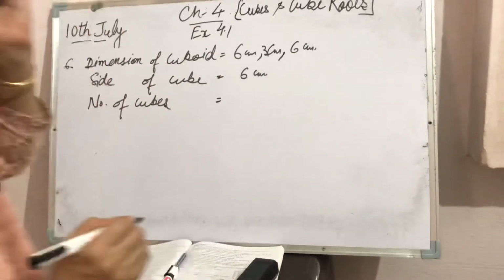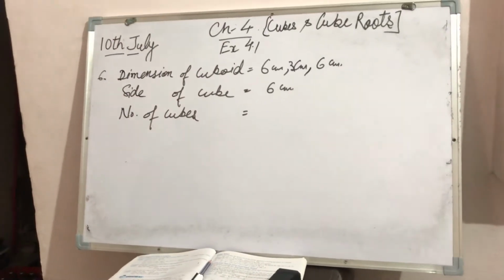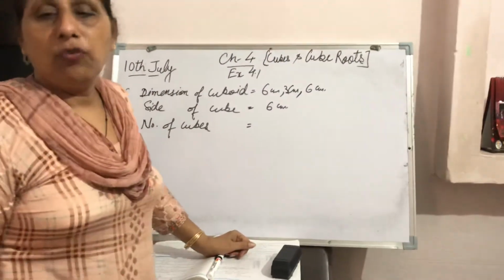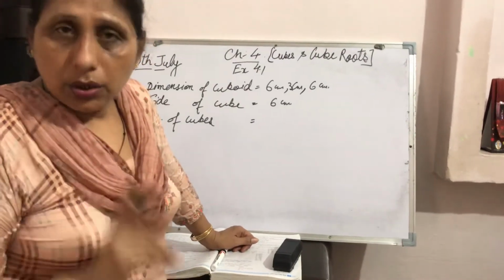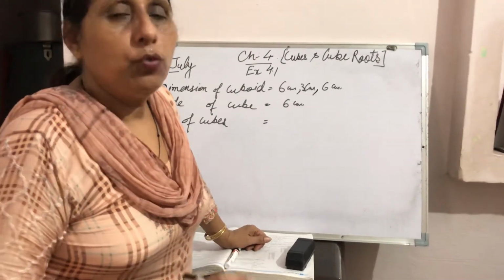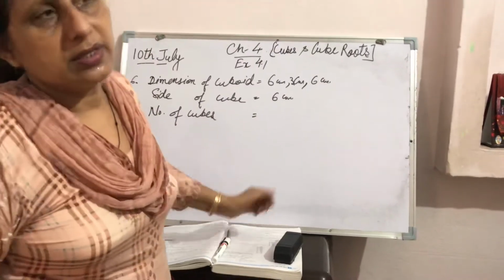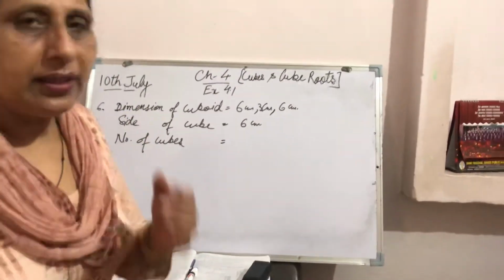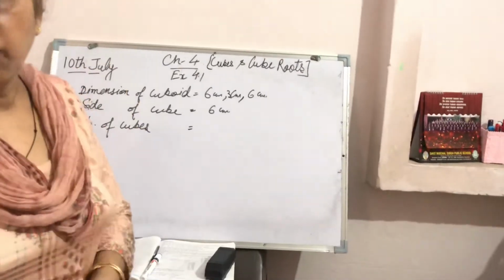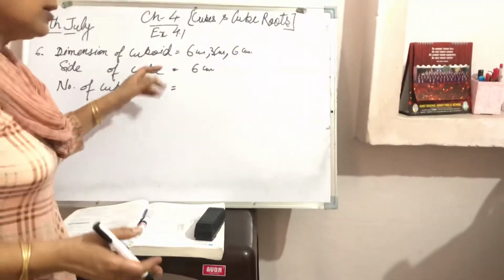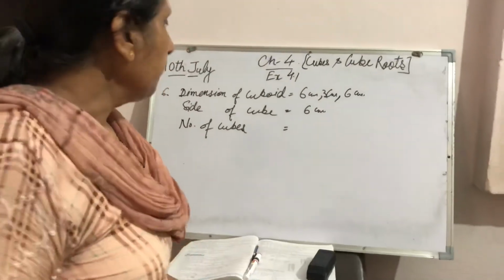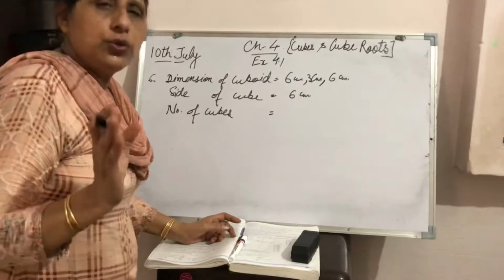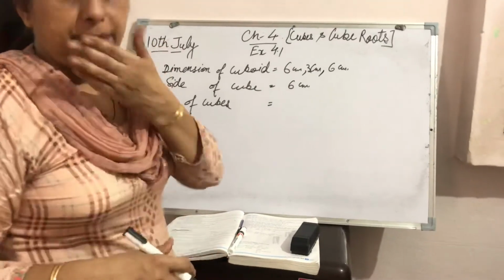These type of questions you have done when we did the mensuration chapter, when we have to find number of tiles, number of blocks. That is a 2-dimension figure, so we find the complete area of the wall divided by the area of one tile, and we can find the number of tiles. Same as in this question, this is a 3D figure, 3-dimension. Cube and cuboid, they are 3D figures. But in detail you will learn when you do the mensuration chapter.